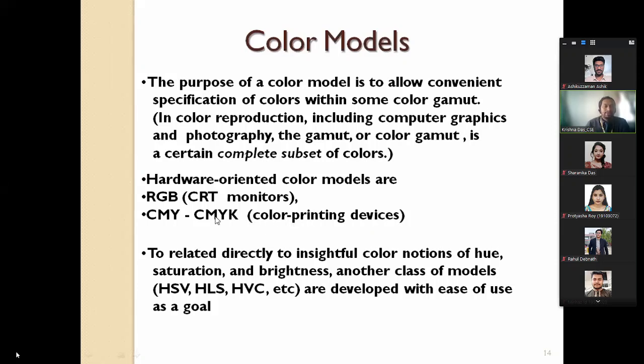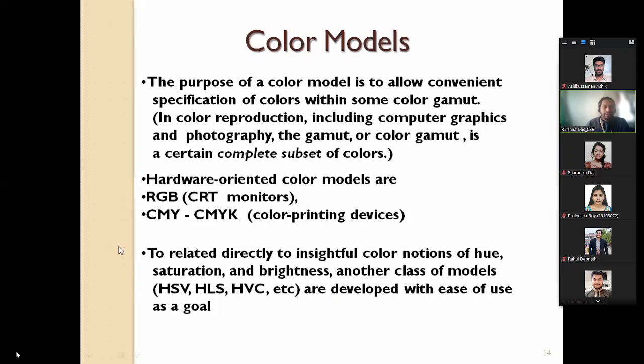These are the two mostly hardware-based color models that we discussed. Another one is the user-oriented color model. This is not directly hardware-oriented, but mostly user-oriented, the way you feel the color on your content.